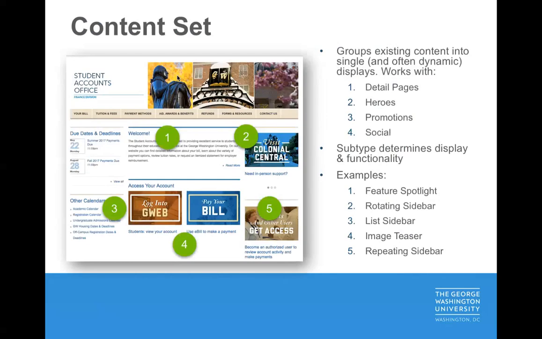And then the last content type is the content set. So these actually allow you to group existing content into single and often dynamic displays. They work with detail pages, heroes, promotions, and the social icons, which we just discussed a moment ago. The subtype that you choose when you select to create a content set is what will determine the display and the functionality. So here in this screenshot of the Student Accounts Office homepage, you can see a few content sets